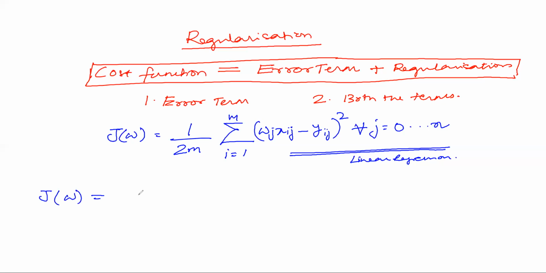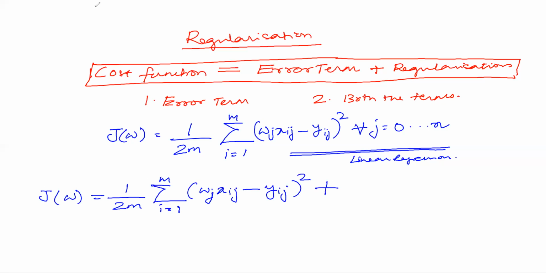J omega is equal to 1 by 2m, summation i equals 1 to m, (w_j x_ij minus y_ij) whole square, plus lambda, w_j to the power p and q, right? So when p is equal to q is equal to 1,